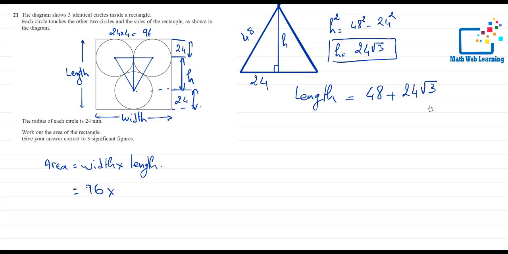No, no need. Just plug it in your calculator like this and times it by 96. So I'm going to write it down here: 48 plus 24 root 3. We can plug it in your calculator like this, and you get something like this: